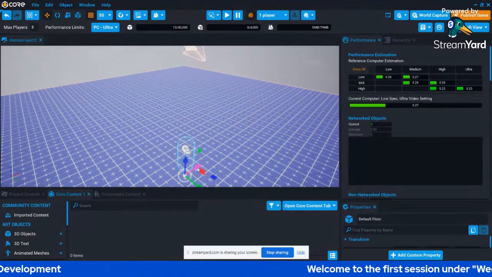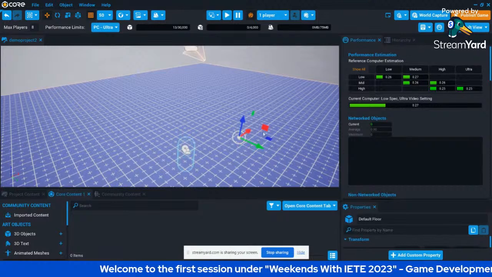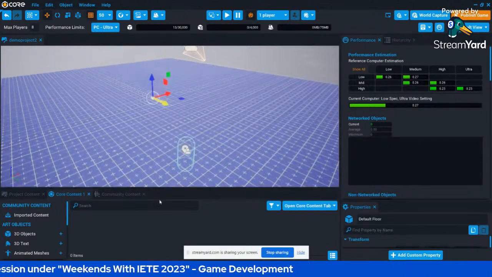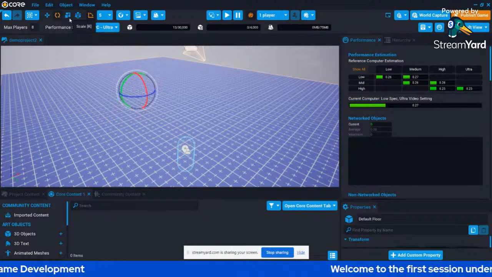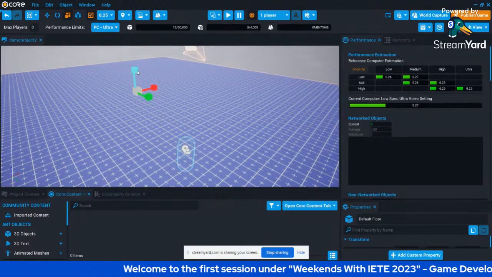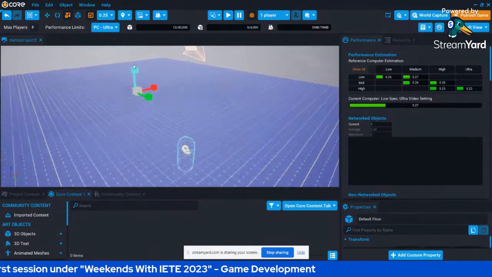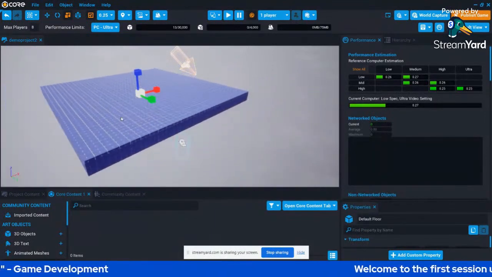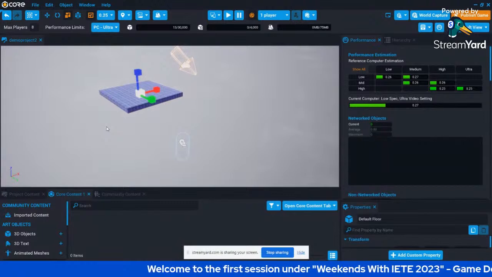Now I'm going to scale my landscape. I don't want my game to be this big. That was translation. Now I want to scale it. If you select this blue line, you can only change one scale. But if you select this box, you can scale your entire floor at once. Can you see the difference?